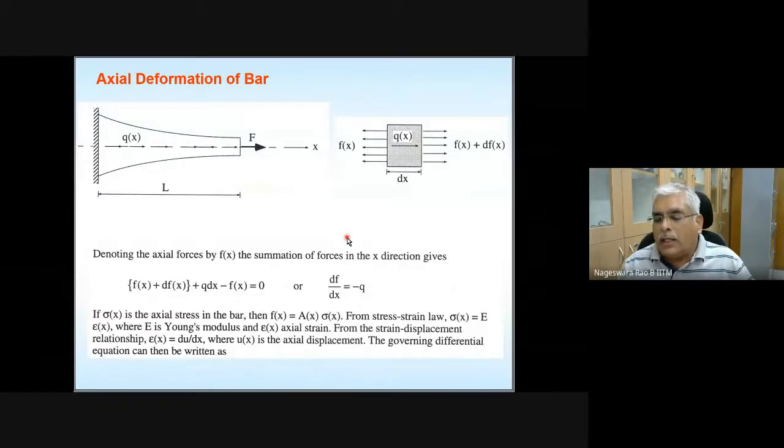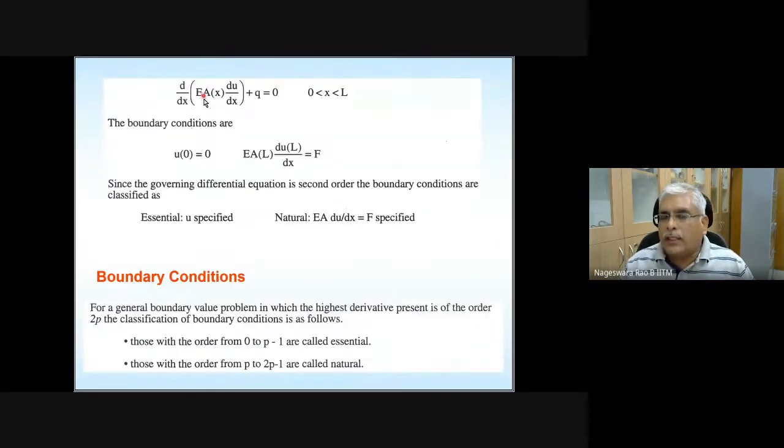Or your analysis background is weak, and you may make mistakes here. You may make mistakes in getting this free body diagram and also writing this equation. So there may be mistakes here. And if your mechanics of material knowledge is weak, there may be mistakes here, assuming the relationship between stress and strain.